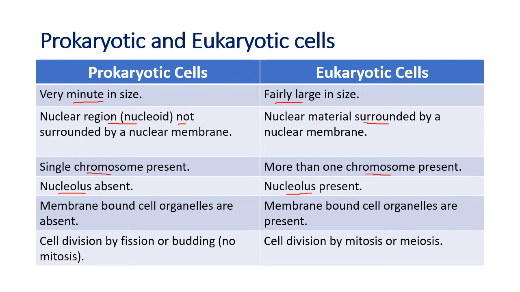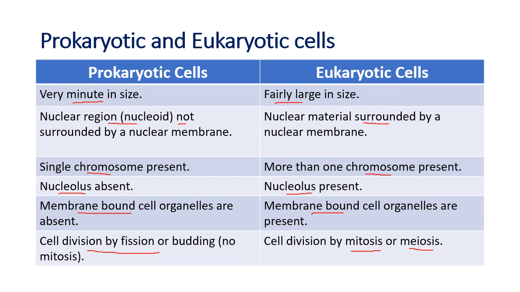The prokaryotic cell does not have membrane-bound organelles, while in the eukaryotic cell, the membrane-bound organelles are present. What are the organelles? We are going to see shortly in a few slides. And the cell division occurs by fission or budding. Fission means breakup of one cell into two different cells. Here, mitosis is breaking of the cell by dividing the nucleus. And meiosis is a different process in which the DNA strands open, make their own copy, and then the nucleus is transferred into two different cells.